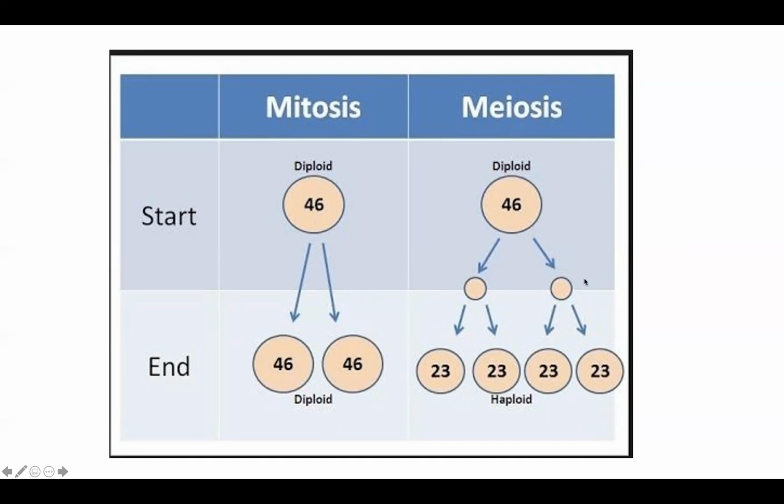Meiosis, on the other hand, is not only going to undergo that first round of cell division, right? But it's going to undergo a second round of cell division, all right? And we're going to end up with 4 haploid daughter cells being created from meiosis. Okay, so we start with the diploid cell. All the processes in the cell cycle are going to take place, interphase into M phase. We're going to end up with our 2 diploid cells being created here. And then another round of cell division will lead to the production of 4 haploid daughter cells.